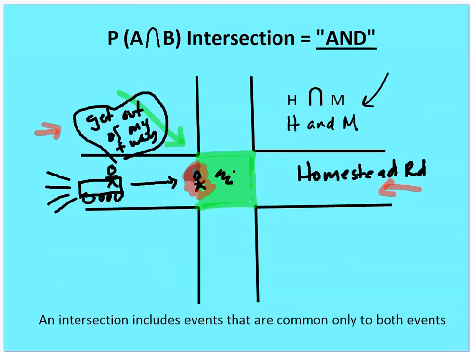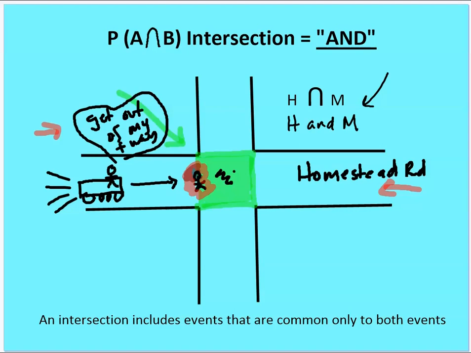The intersection of Homestead and Mary is just the location that is common to both. So if I choose a point that's not in here, it's not on Homestead and Mary. Only the intersection includes all the points that are common to both Homestead and Mary. And so we're going to use this upside down U to designate intersection, or we will use and, intersection, where the events have to occur in both, or an event is in both A